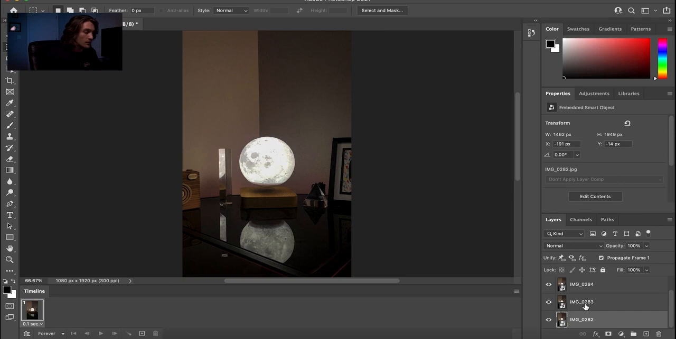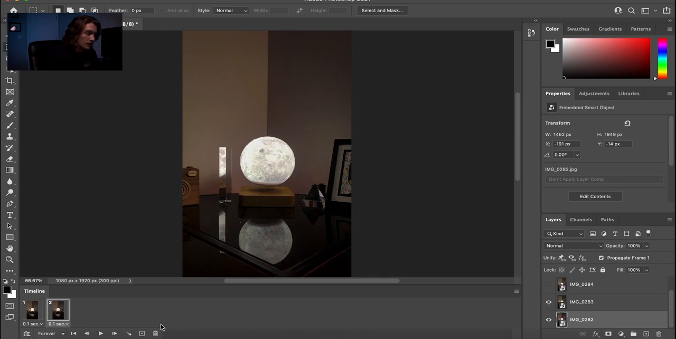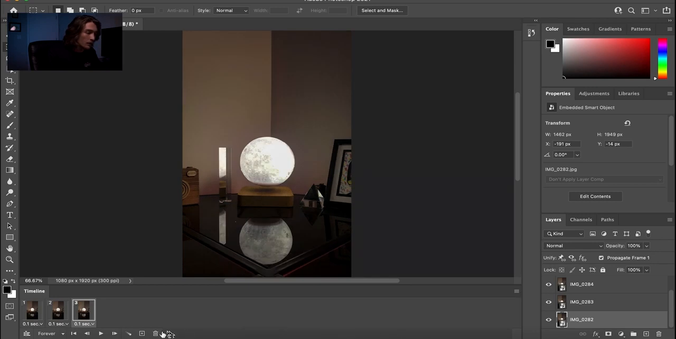But what you want to do, after you have that set up, is uncheck all the eyeballs except for the first one on the first image. And then you want to come over here and hit this little add button. This add is just going to add in another frame right here, and you're just going to click the eyeball to the second one. And then you're going to repeat that for the third one,